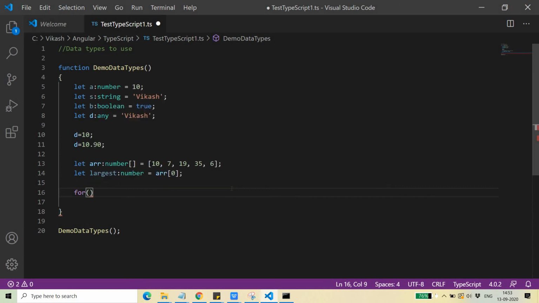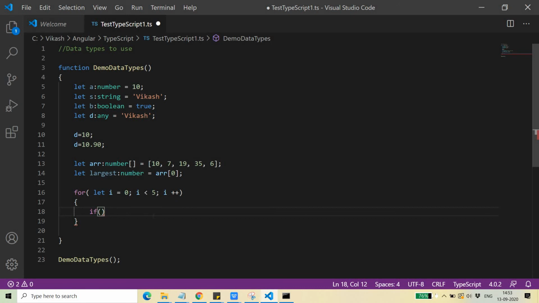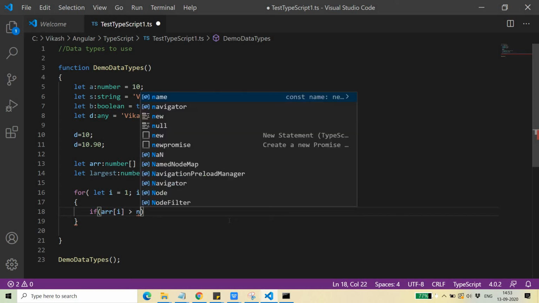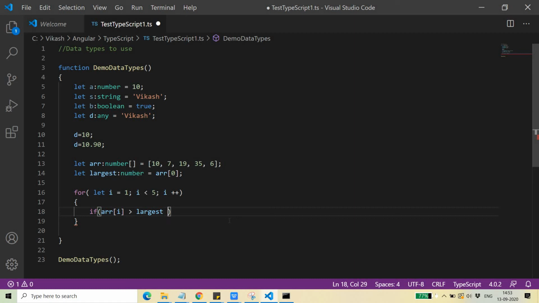Then I will do for let i is equal to 0, i is smaller than, how many elements are there? 5. So i plus plus. Now I just need to write a simple logic to compare and find which number is the largest. I can start it from 1 because 0 I have already stored here. So if arr[i] is greater than largest, then what will happen?